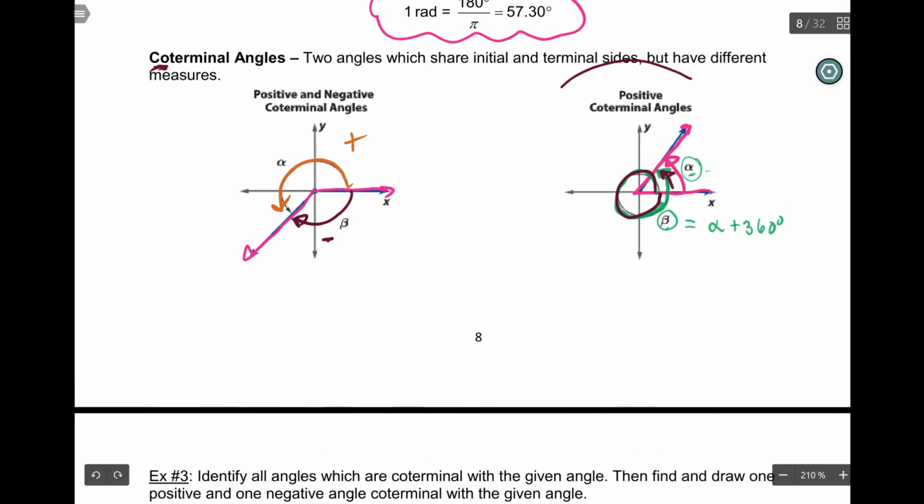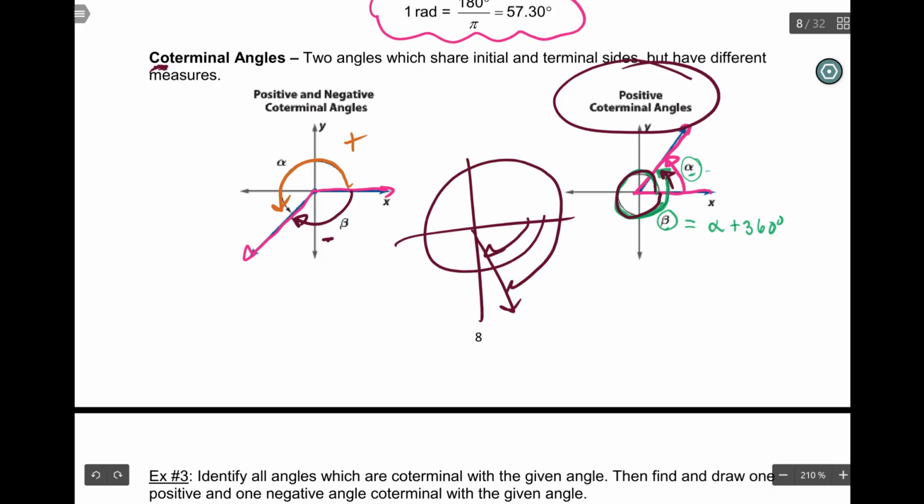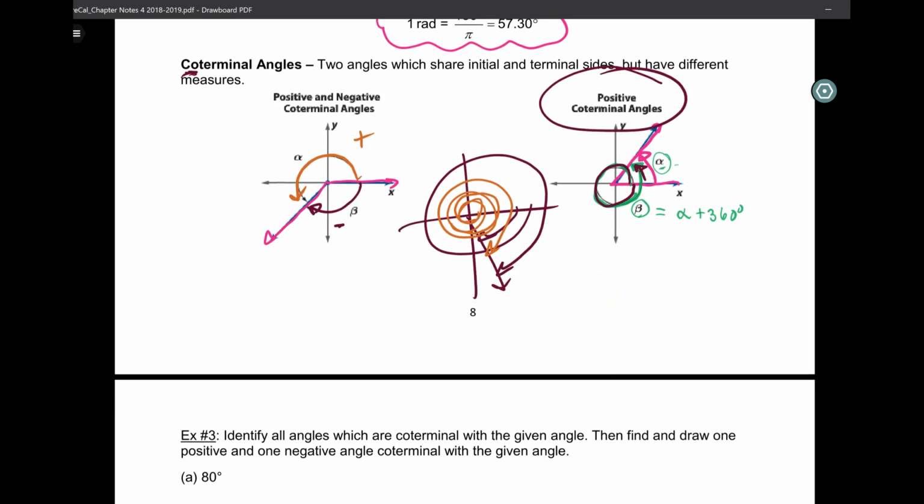In the same way, you can have two positive coterminal angles. You also can have two negative coterminal angles. So I can have one guy goes here, and then I can have another that goes all the way around. And of course, if you want to get crazy with it, you can have one that goes multiple times all the way here. It's just every single time you make one complete loop around, you have 360, 720, etc. So in order to take that into account, you have to say 360 degrees every